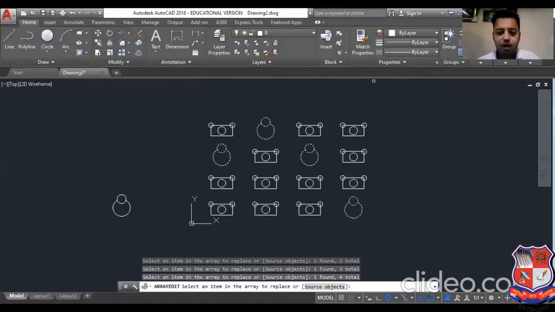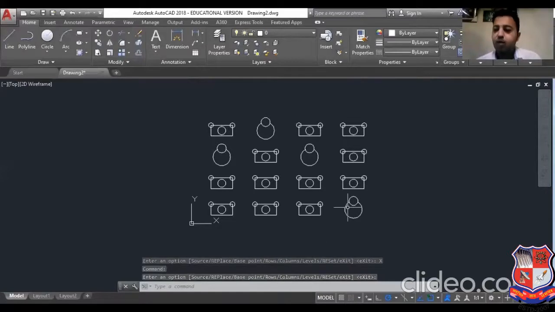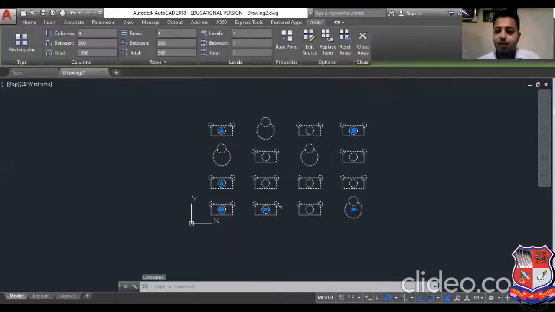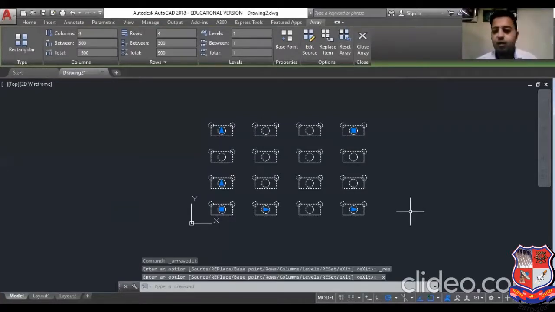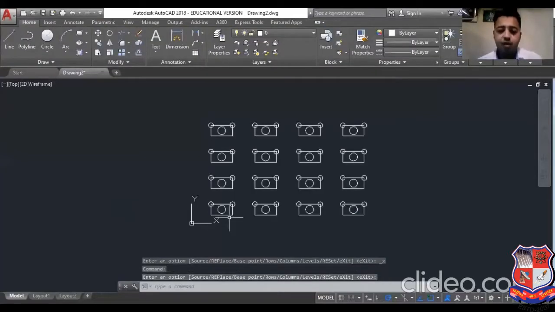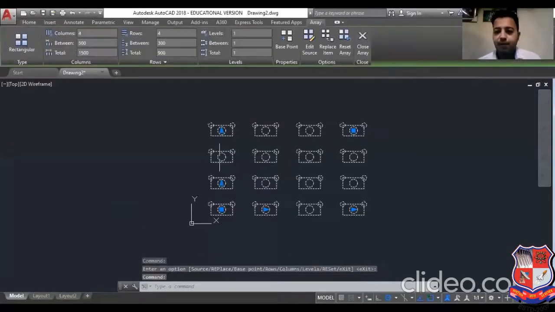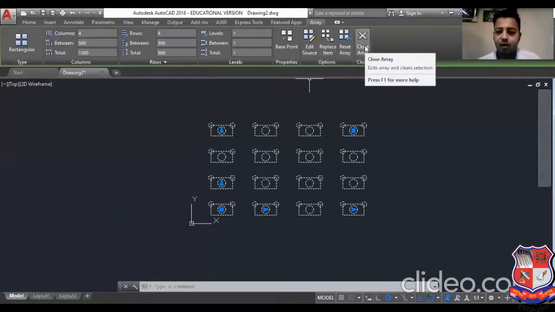Now click on the exit button. So now you can see close array. You can see the new array with the replaced object. Again, I will select this one, and again the array panel will be there, and the command is reset array. It means it will reset to the previous state, so there is no change in the previous array. Close array. Fine. So in associative mode, if you select one object, it will select the full array, and you can change all the parameters like those given over here. That is the importance of rectangular array and associative mode.